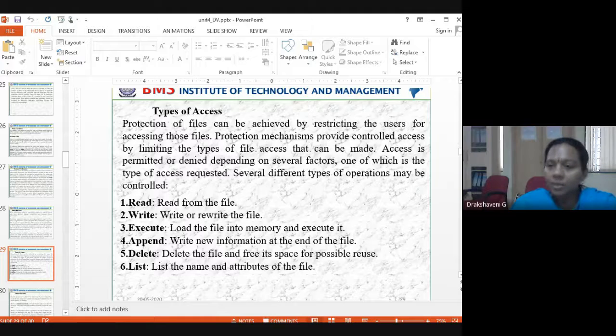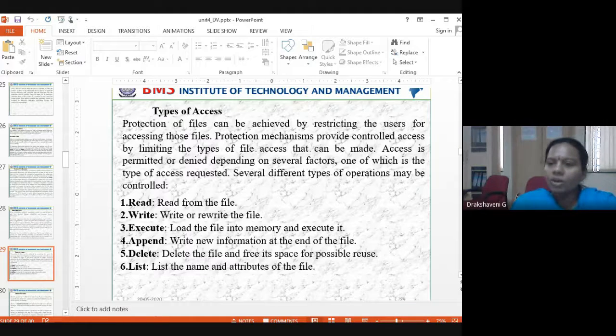The same way I told you about the Arogya Setu app. Do we have any option of entering my details or saying that I am not well? No, we can just monitor. We can only read. The same way here also, you may have different types of access. One is read, which means we can read from the file. I can only read. The same way we have TV channels. We have so many. If you click on news, we can only see it. I cannot change anything in that. That's what read is.